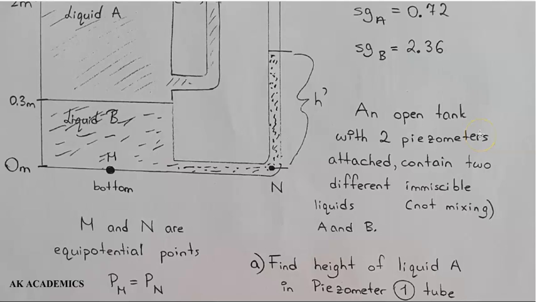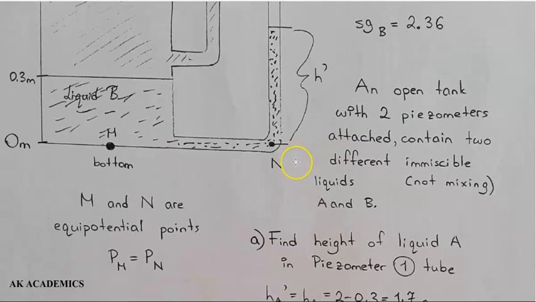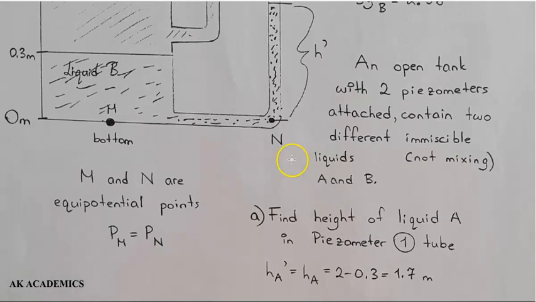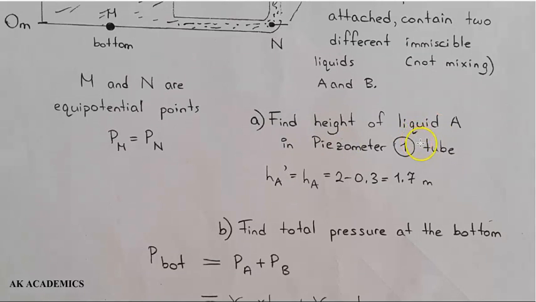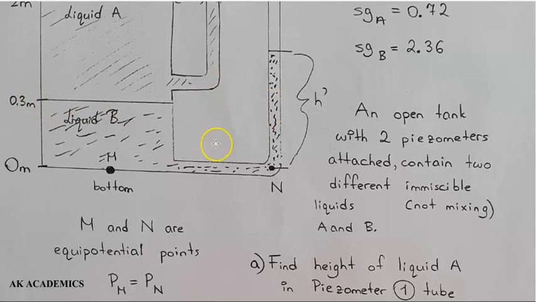So an open tank with two piezometers attached contains two different immiscible liquids, A and B. The first question then says, find the height of liquid A in piezometer 1. The piezometer 1 tube. Okay? So, for example, this is